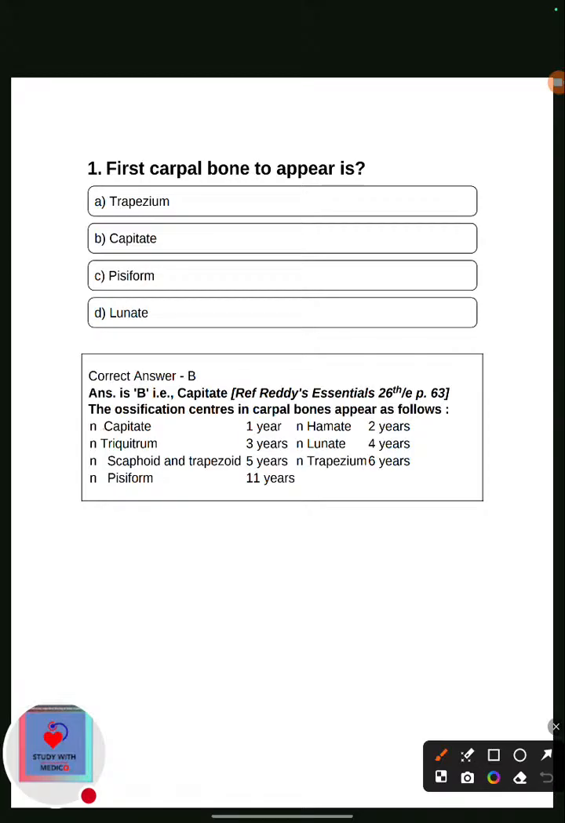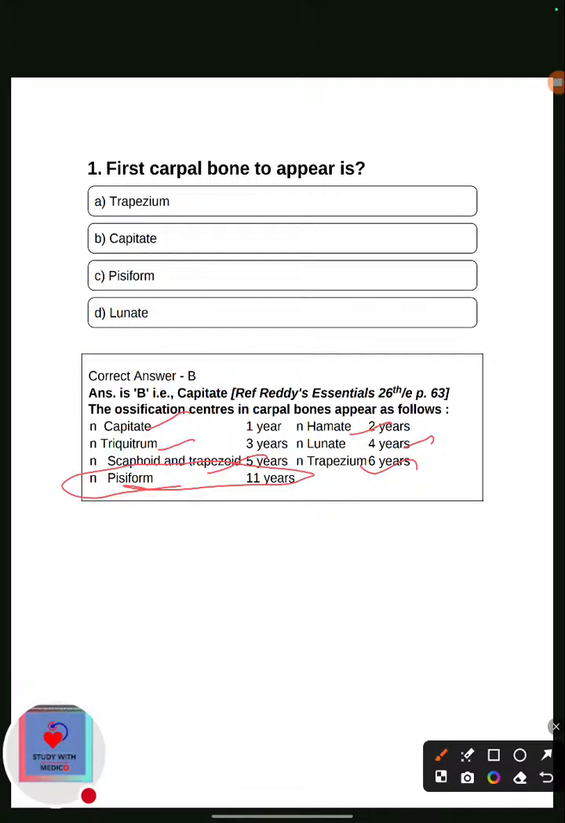First the capitate will come, then triquetrum, then scaphoid and trapezoid, and pisiform is at the last. Sorry, there's a printing mistake here. Capitate will come first, then hamate will come. Capitate with hamate, then triquetrum, then lunate, then scaphoid and trapezoid, then trapezium, then at the last pisiform,